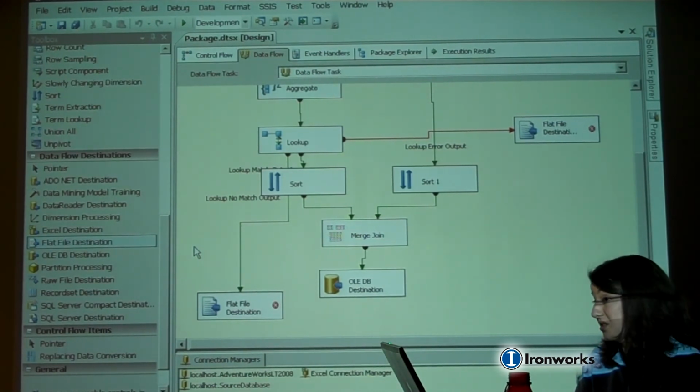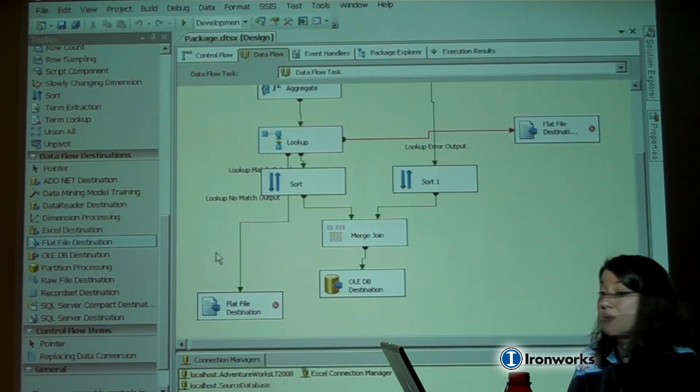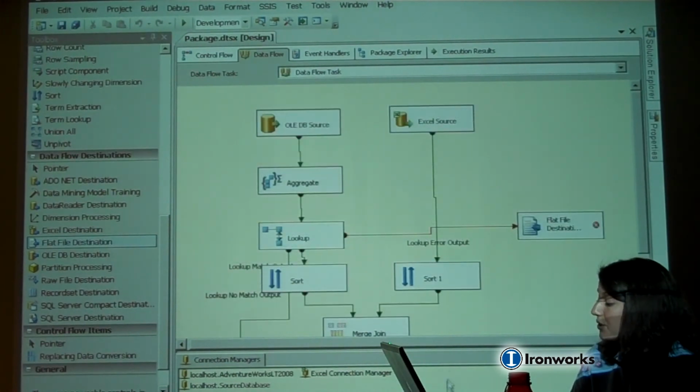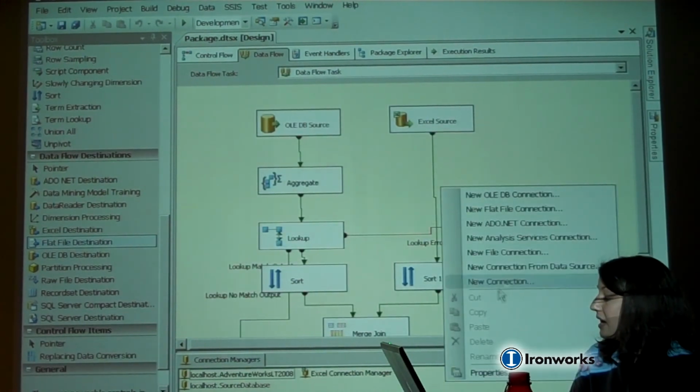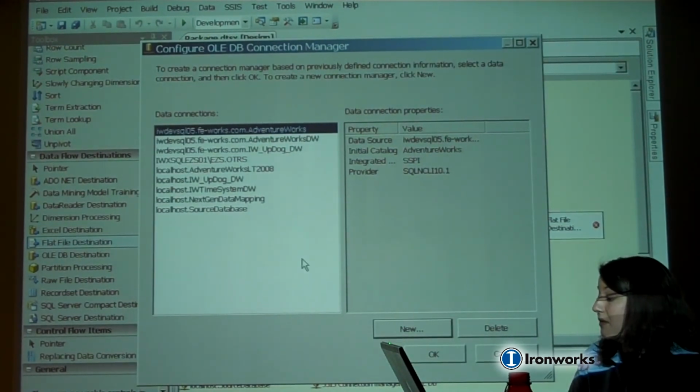So we don't have SQL Server. Let's say we have Oracle or DB2 or Teradata. We can absolutely use integration services. There's different providers that we can create with these connection managers. And we have the option of OLEDB or ODBC. So as long as we have that provider to connect to it,